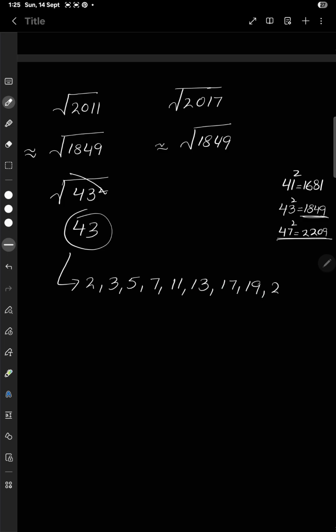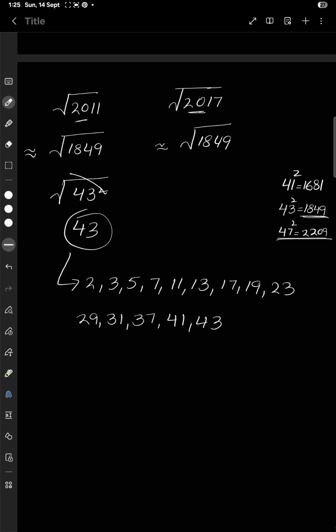17, 19, 23, 29, 31, 37, 41 and 43. I can even take 43 just to check. So if 2011 and 2017 are divisible by any one of these prime numbers, they will not be prime numbers, because if they get divisible, how can they be prime? Obviously they will be composite numbers. But if they are not divisible by any of these numbers,